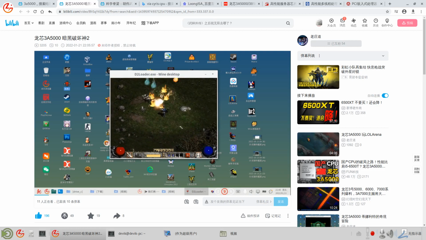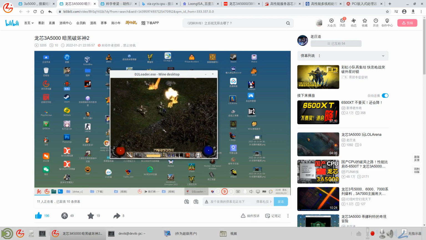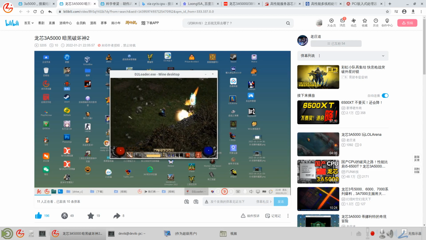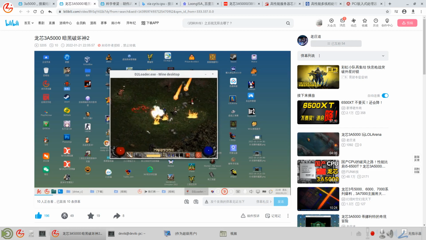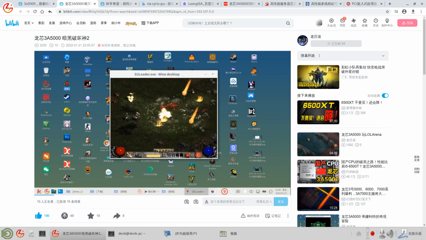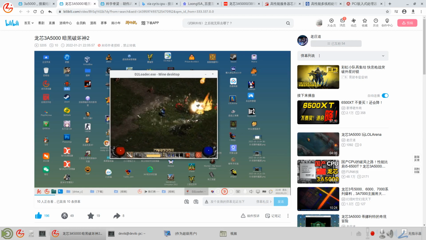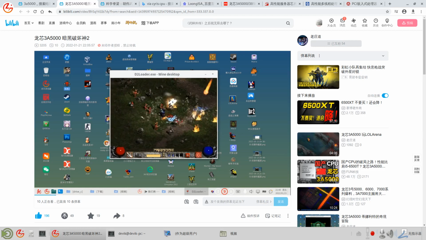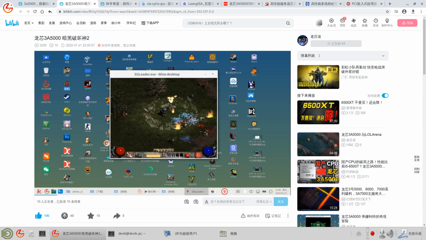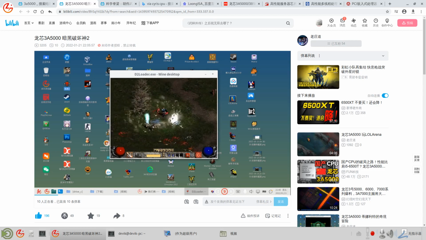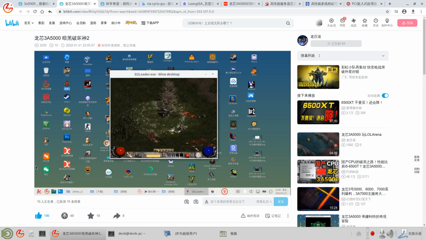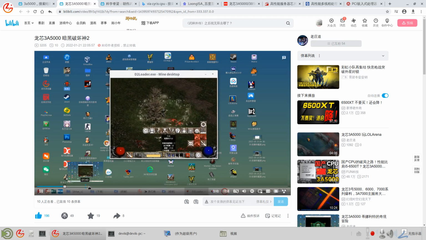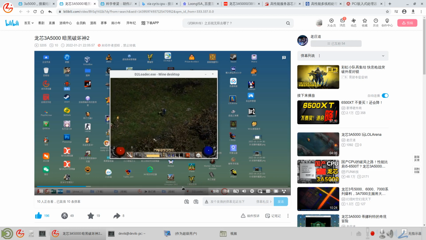Before it was the x86 instruction set using Windows. Now, the LoongArch instruction set, Chinese CPU, Chinese Linux, playing American foreign games, x86 foreign games, Diablo 2. Right? It's funny, which is interesting, very smooth as well.